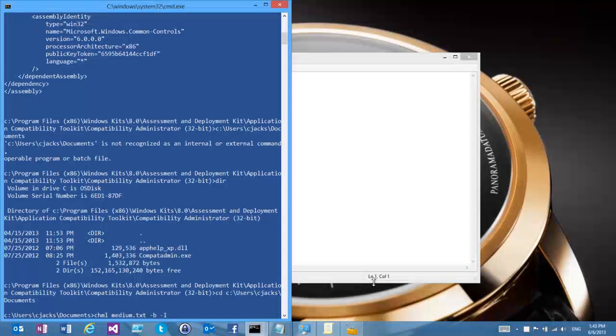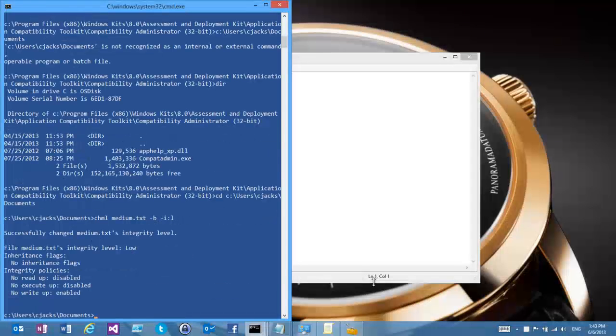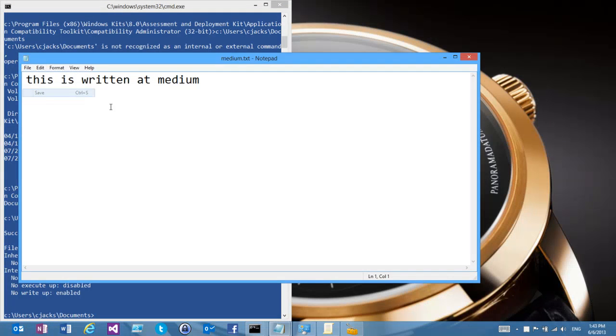I'm going to set the integrity level at that document as low. And now that it is a low integrity document, I'll be able to save, whereas before I could not.